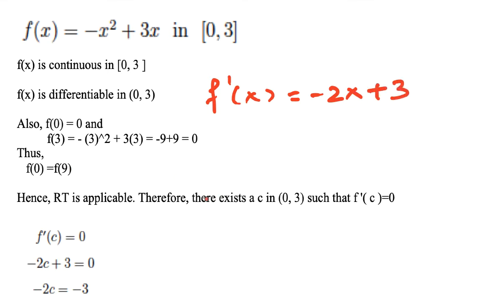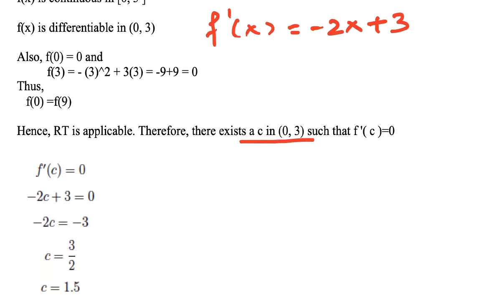Now the third condition: the value of the function at the endpoint 0, when you plug it in, is 0. And the value of the function at the other endpoint 3 is again 0. So clearly the values of the function at the two endpoints 0 and 3 are the same. So by Rolle's theorem, this is applicable. Hence we can find a c in the interval 0 to 3 such that f prime of c is 0. So let's just solve this